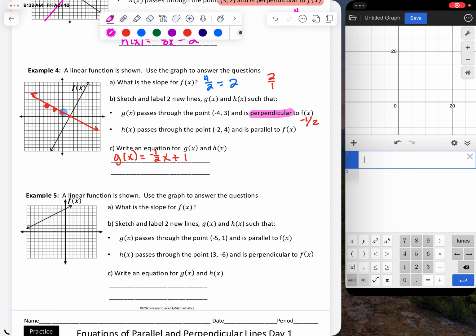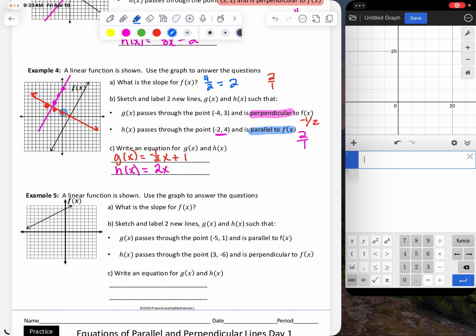H of x starts at the point -2, 4, and it is parallel. So if it's parallel, it must have the same slope as the original, which is 2. So I know h of x is going to be 2x plus something or 2x minus something. So let's put our original point, -2, +4. That would be right there. It's your original point, and it has a slope of 2, which I might want to write over 1. So it's going to go up 2, right 1. 1, 2 over 1. 1, 2 over 1. Bingo. I found what I needed,